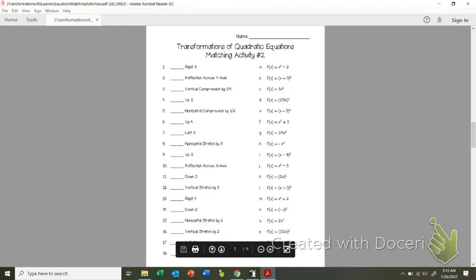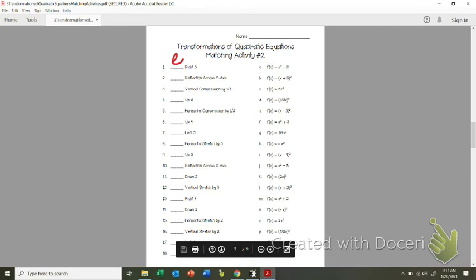All right, Sheridan, which one do you think goes to the right 3 units? E. Perfect. Yes. E is correct. Does everybody agree with Sheridan? Okay? Good. Because she's right. All right. Now, number 2 says, it has a reflection across the